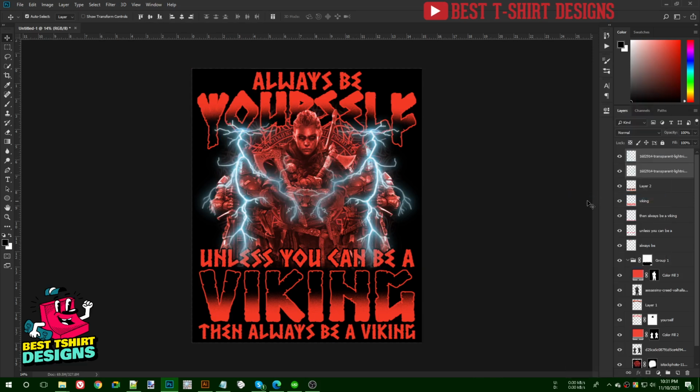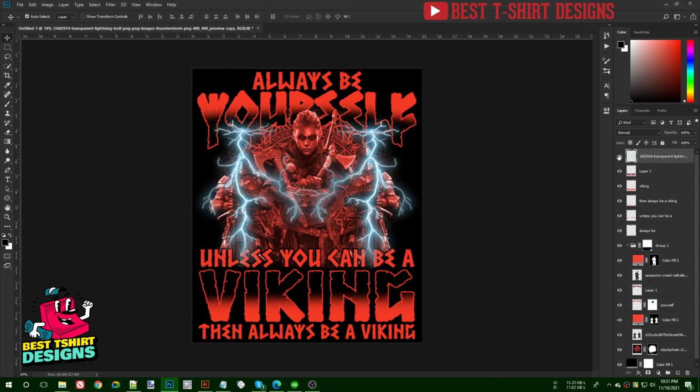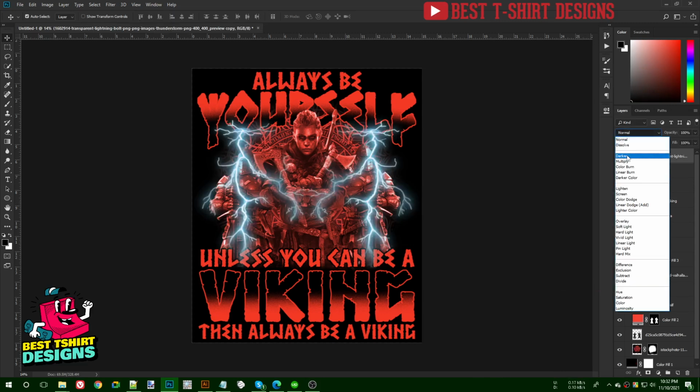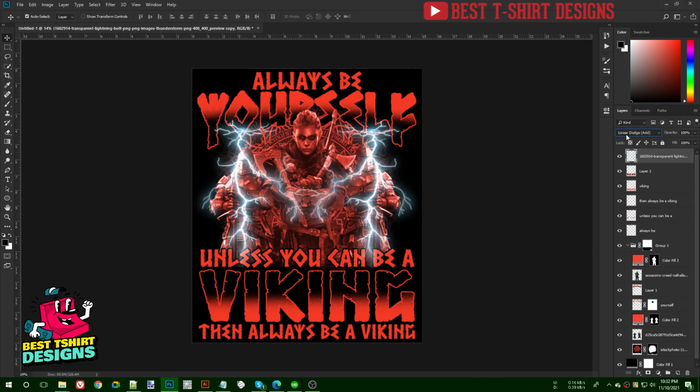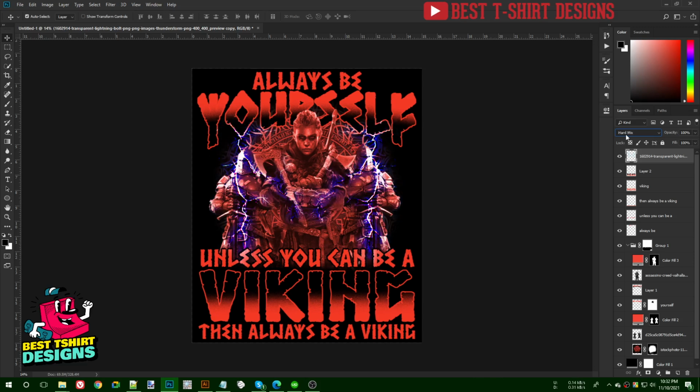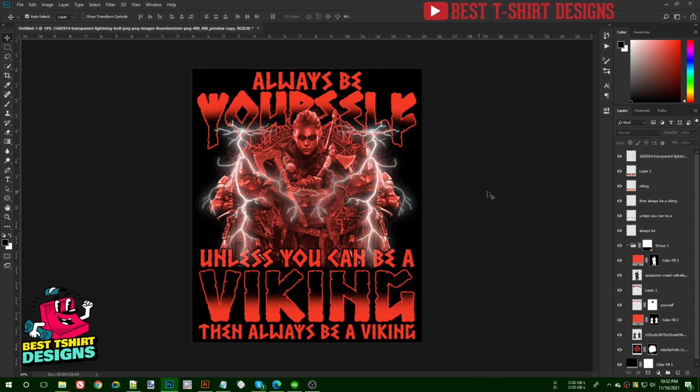Right click, Rasterize Type, then merge layers to make them one single layer. Then I want to change the blending mode, and let's see which one is going to look good for me. Okay, so it can take some time to find the perfect combination. This one is looking good. It is hiding that blue ray of the light and it is matching with the background, but it is too much in size, in color. So let's just change the opacity so that it fits in with my design. And this is how it is looking.